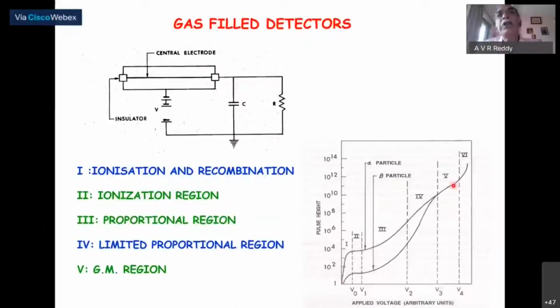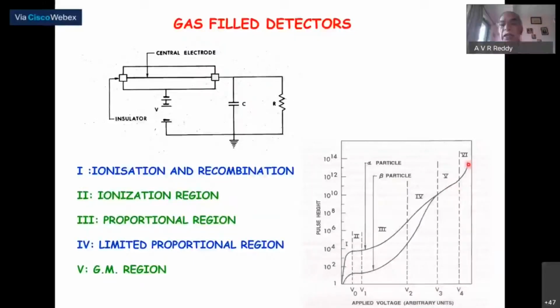Therefore, that will lead to an avalanche, and that avalanche will spoil the detector characteristics, and the fill gas, the detector gas, gets discharged. Therefore, we lose information, and even the detector will spoil. That is why we always tell, if you get a working region of the voltage, use less than half of it, so that we will not touch the discharge region by mistake.